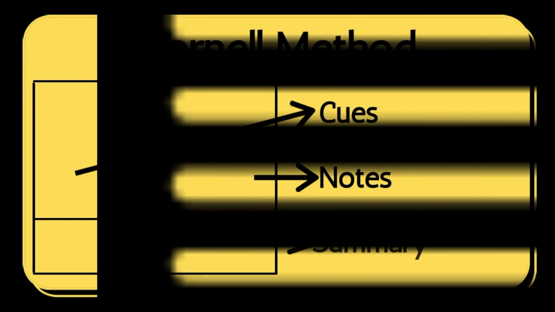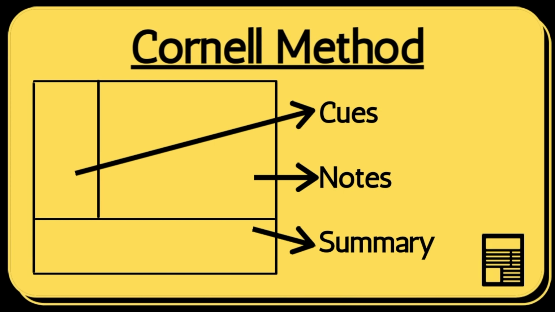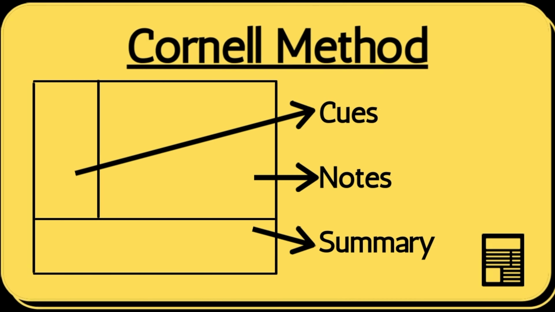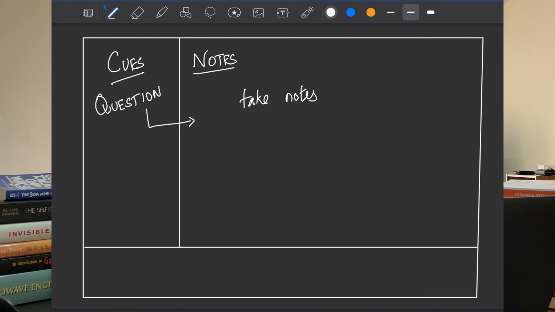First you have to split the page into 3 sections like this, containing cues, notes and some space for a 2-line summary. In the cues section, any question that comes to your mind has to be put. This question will be pointing to the notes which are on the right side of it. That brings us to the second section, which is the notes. This is the area dedicated to taking notes, and it occupies most of the space on the page. And the section at the bottom is called the summary section.